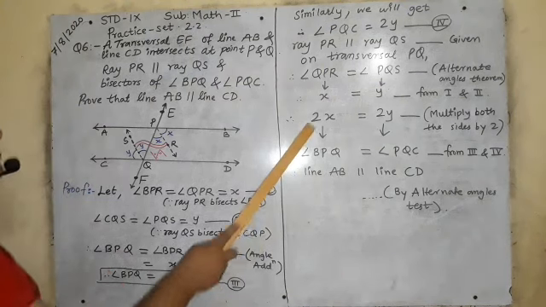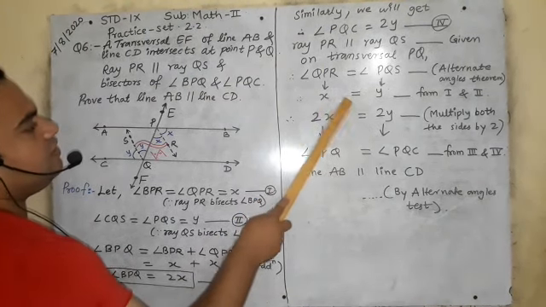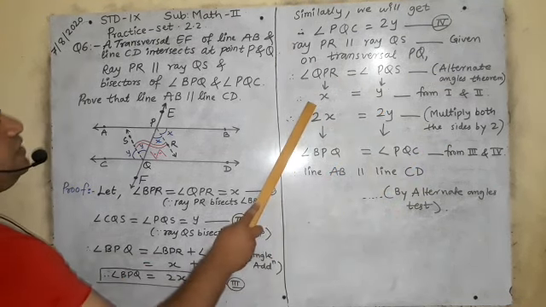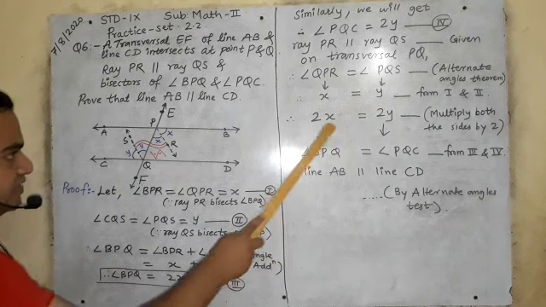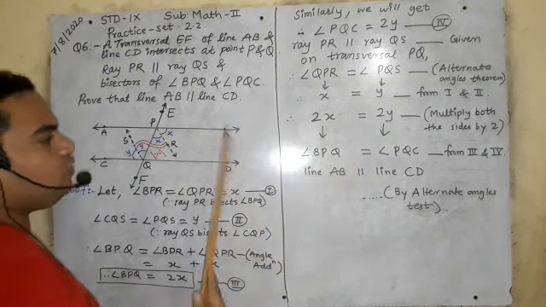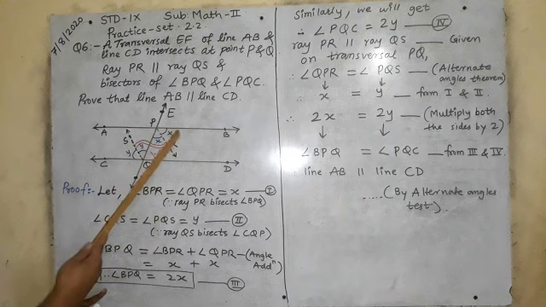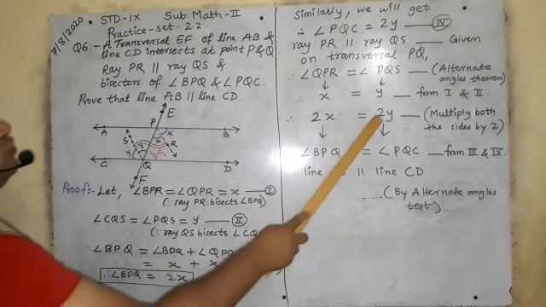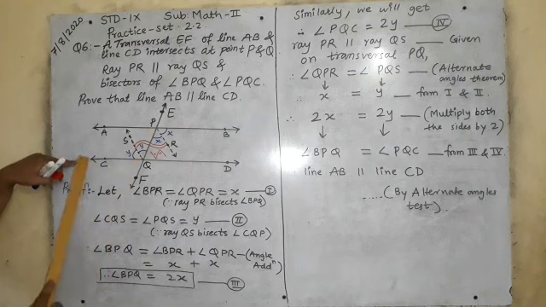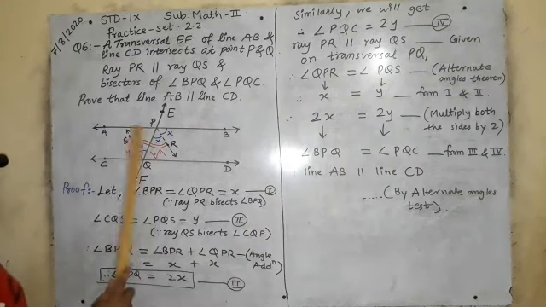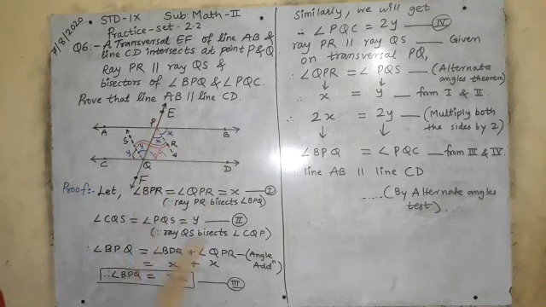So now my dear friends, if I will multiply the whole left hand side and right hand side by 2, multiplying both the sides by 2, it will be 2x, it will be 2y. अगर ये 2x और 2y हो जाते हैं, so 2x is equal to what? Angle BPQ. See, BPQ दो एंगल है 2x, okay, and 2y is angle PQC or CQP. Is it clear? How? Because it is written over here angle x is equal to angle y. Angle x angle y के equal है. Why? Because they are alternate angles.